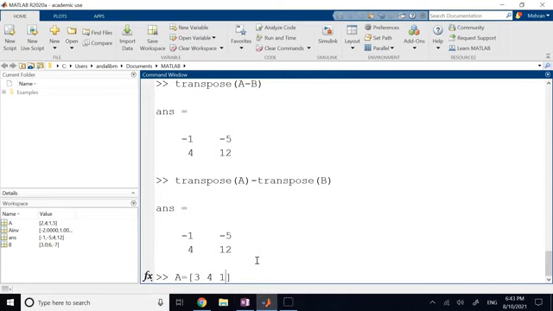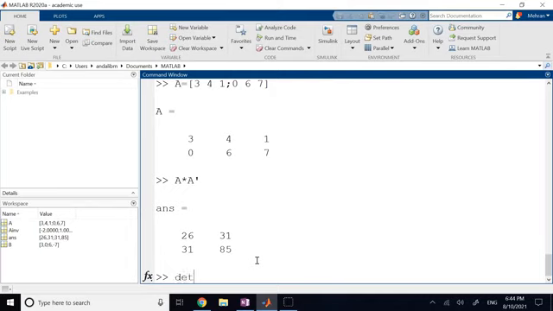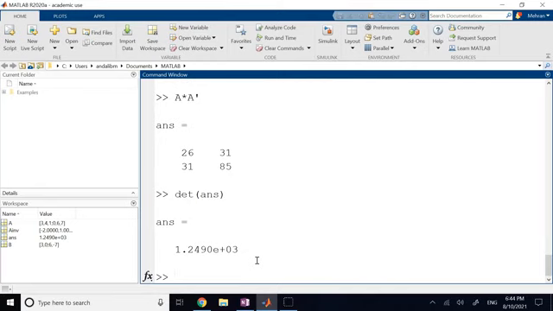So 3, 4, 1, and then 0, 6, 7, right? It's a 2 by 3, I'm sorry. Now, if I multiply A by A inverse, it's this matrix. Does it have a determinant? You see it does, and it's actually big. If I reverse it,